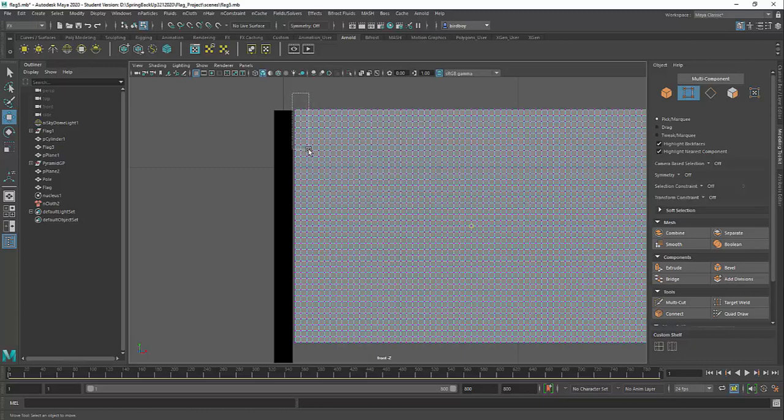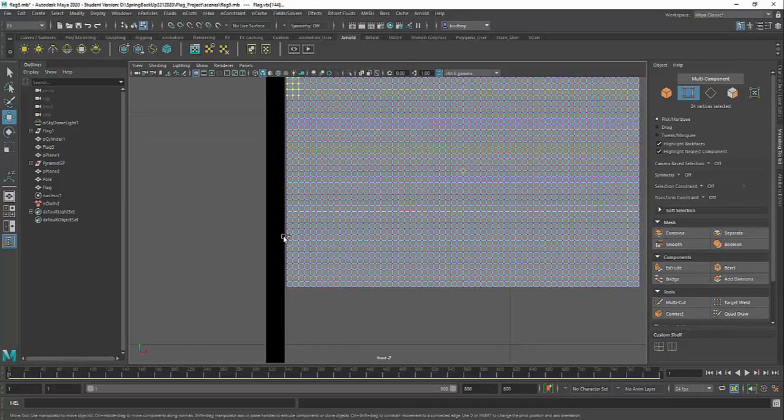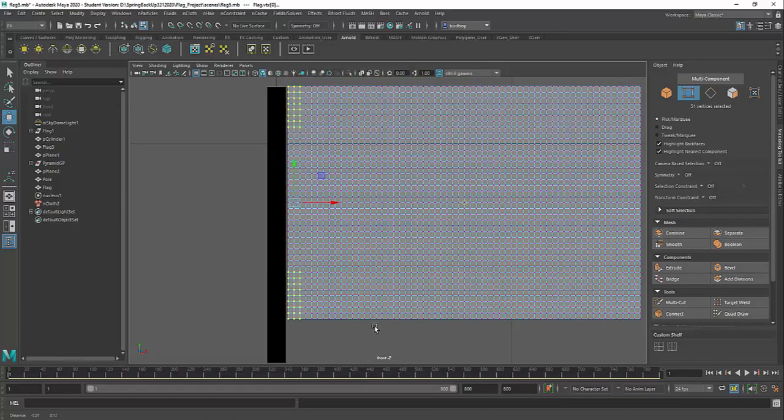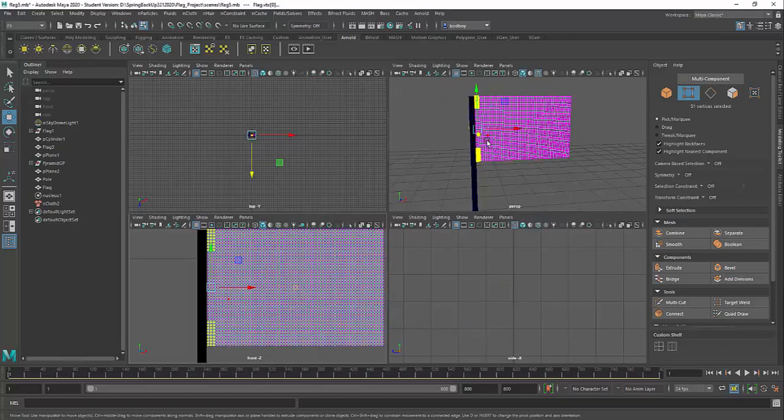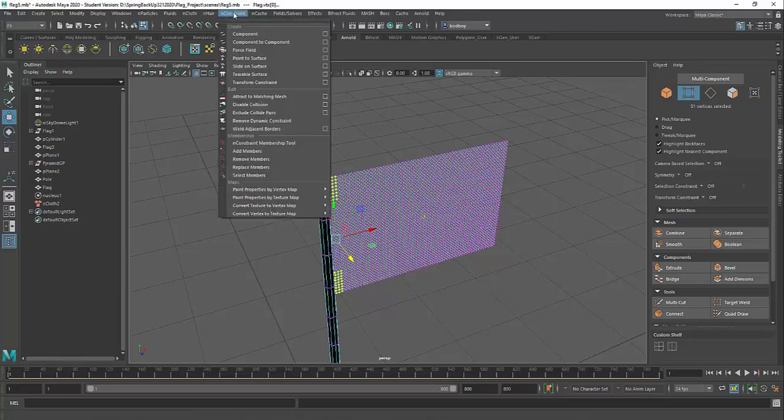You could choose like 4, 8, it really doesn't matter exactly how many. Let's see, I've got 8 here and rows of 3. So I'll grab those and then I'll hold the shift key and do the same thing here. Just grab a row of like 3, and if it's 7 versus 8, it's not that big of a deal. And so I have those selected, and then what I'm going to do is hold the shift key and click on the pole. And once I do that, I can go to nConstraint and go down to